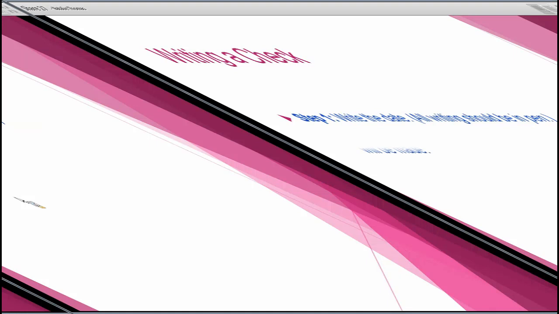personal checkbooks anymore. Now, if the occasion comes when you do need to write a check, a couple spots of information will need to be filled in. You'll need to write the date, the name of the person to whom the payment will be made, the amount of the check written in numbers, and then the amount of the check written in words. Optionally, you can make a notation on the memo line, and then of course we need a signature. So for example,